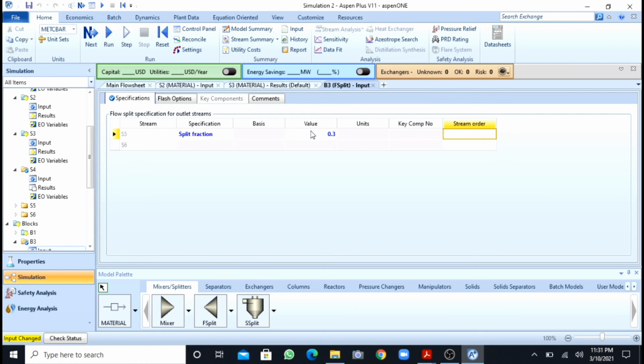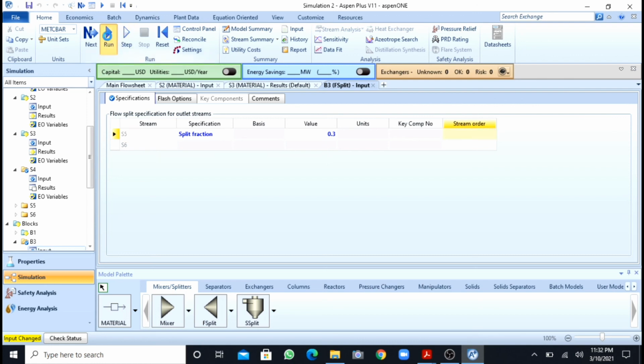So I will enter 0.3 over here, and now you can see that I can run the simulation. Since I selected 0.3, Aspen Plus will automatically calculate, as I am having only 2 streams, that with S5 given as 0.3, the S6 value will be 0.7.